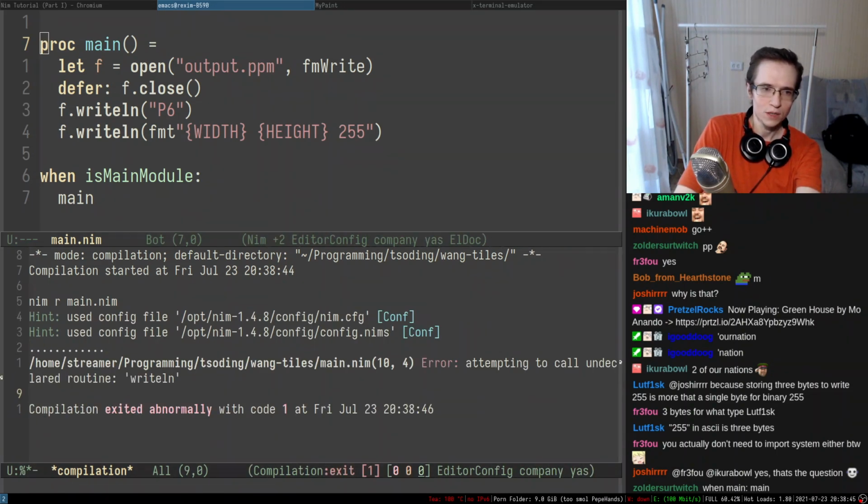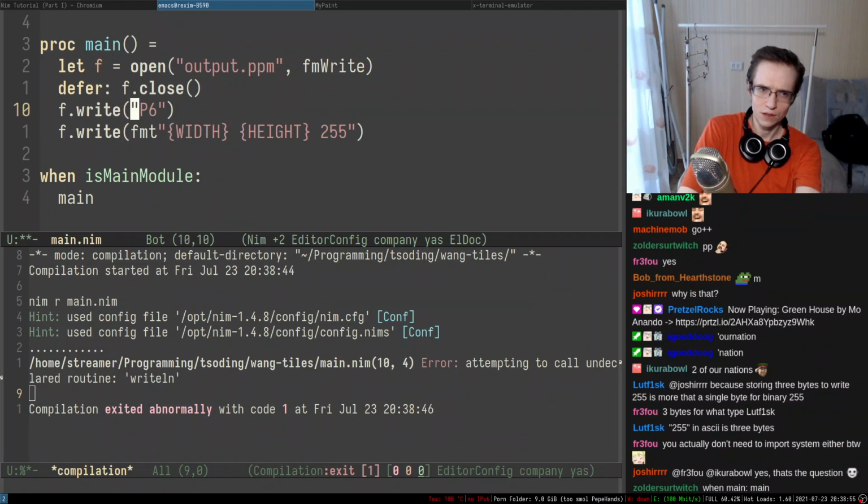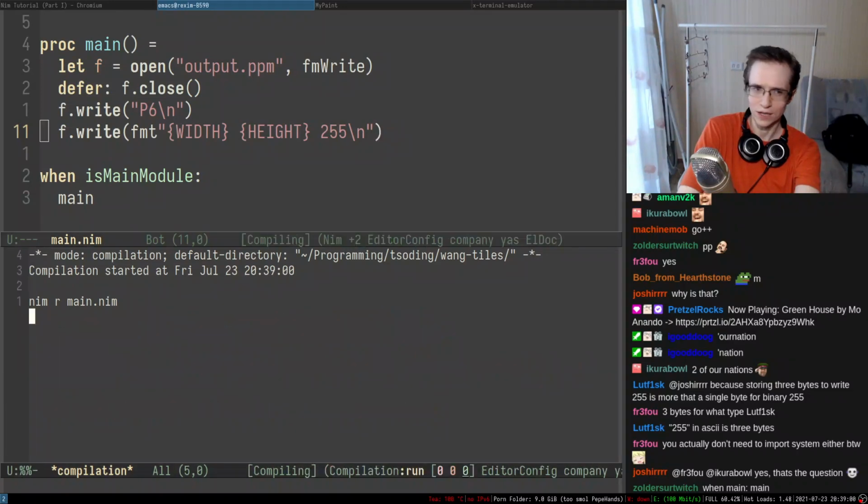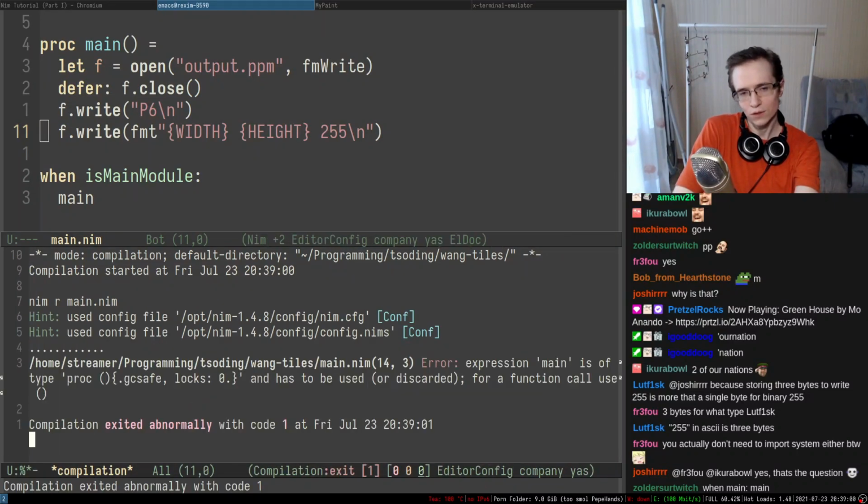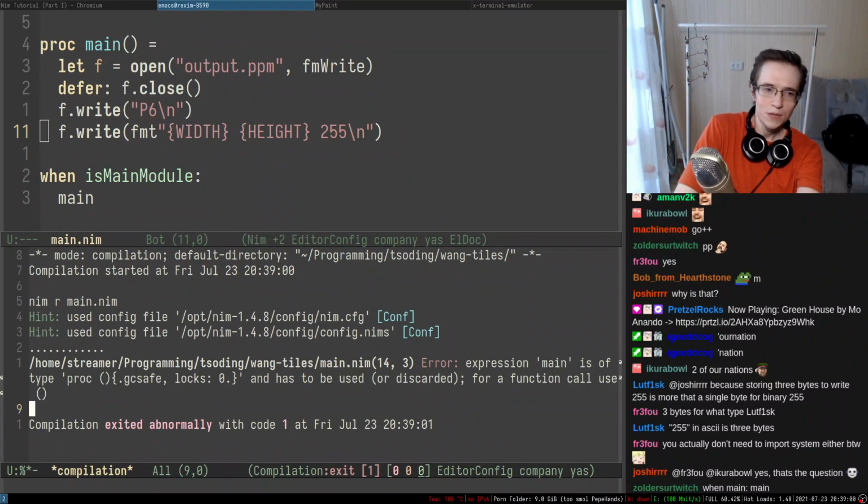Okay, attempted to call undeclared routine writeLn. That's really interesting. So I know that there is a routine write. So if there is just routine write, that means I have to put new lines in here, right? Is that what's going on? Main is of type proc and has to be used or discarded.